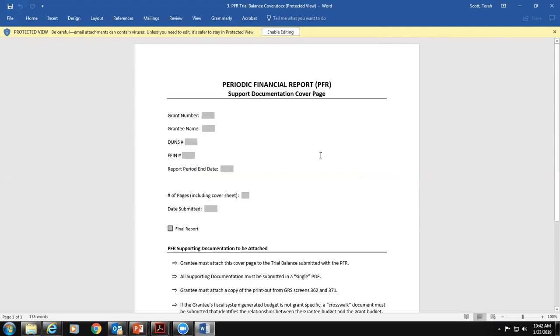And the 2 screenshots. So, and here are the cover pages. Again, if you fill this out once, you should be good to go. Grant number, grantee name, done, seen. The report period end date is the 12/30, 2018. The number of pages, if you're attaching the 362 screen, which is here, so it says grantee must attach